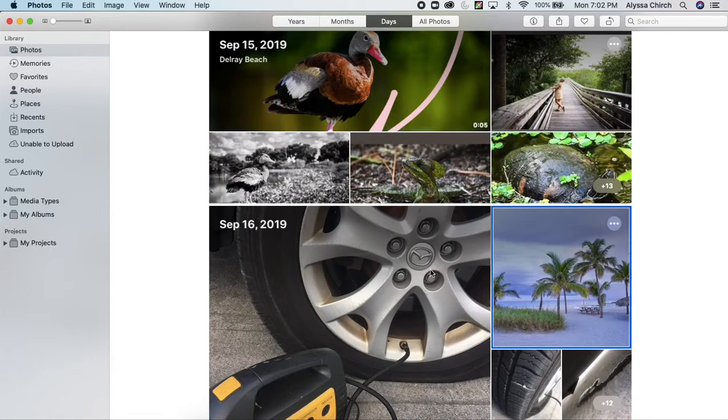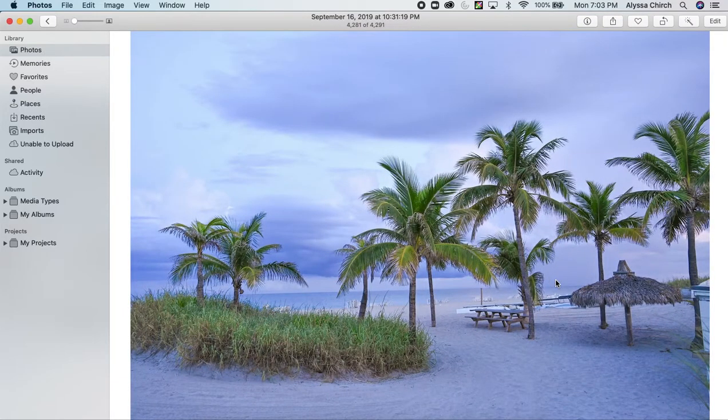So this is an example of the editing program on your computer under the Photos tab. So whether you're on Google Photos or you have it on a PC of some kind or the Mac, you should have a Photos app. And underneath your Photos app, when you click on a photo, you should be able to click Edit up here,